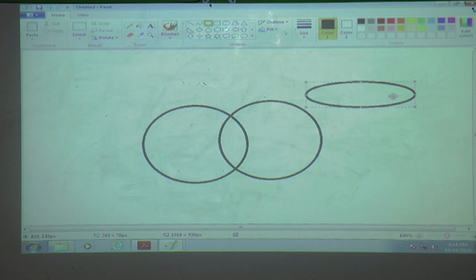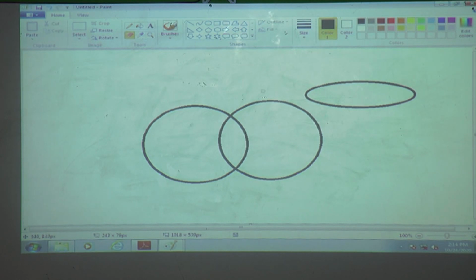And suppose we want to erase this circle. How to erase this? The eraser tool is here. Take the eraser tool, take the mouse pointer there and press the left mouse button, and you can see now our mouse pointer has become an eraser.